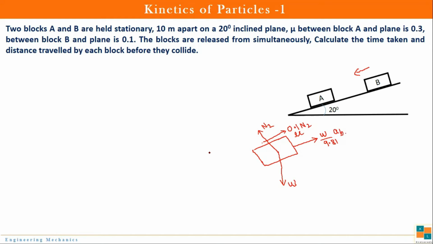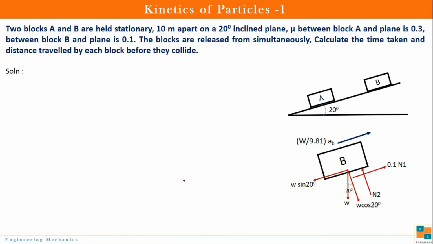Now from this diagram we can apply the conditions of equilibrium, but before that, all the forces should be oriented along either y or x. So if I assume this as my coordinate system of x and y, the only inclined force is this W. So I will need to resolve it along the x and y directions. This angle is given to us as 20 degrees by geometry. So I will write here W cos 20, and this will be W sin 20. With this we have completed showing and resolving all the forces. Now we can apply the conditions of equilibrium.